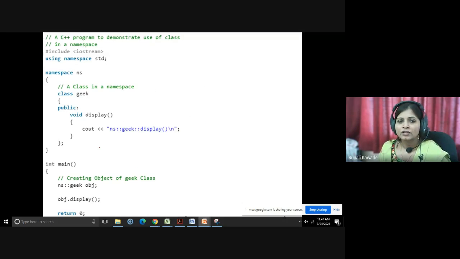Okay, one more example, where we are using a class inside a namespace. In previous examples, we have seen how to declare a variable, how to initialize a variable, and how to write a function inside a namespace. Similarly, you can also write a class inside a namespace too. Okay, how is it? See,